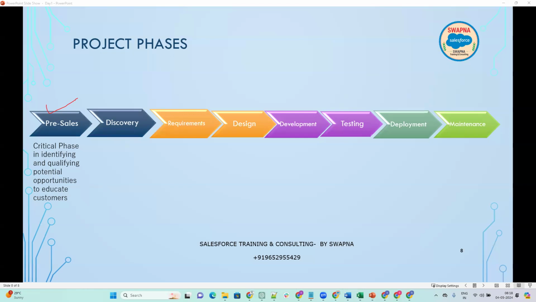In that opportunity, they will try to sell their technology, sell whatever people they have, and get that opportunity into the company. So it is basically a very critical phase, and this is handled by the CEOs, managers, and project managers. They will be handling it to identify and qualify the potential opportunity, and also we will educate the customers. So once this step is done,